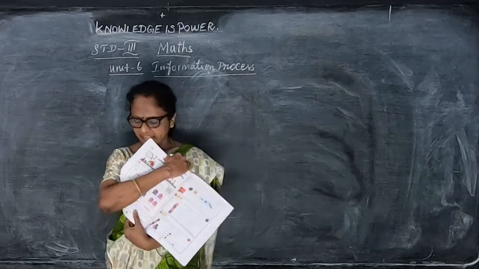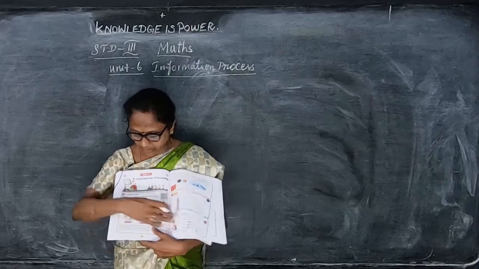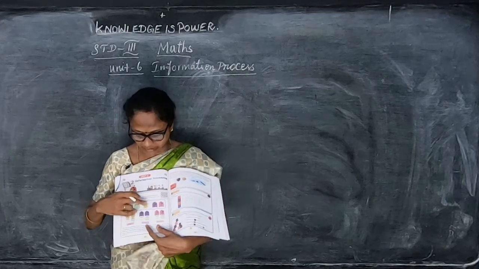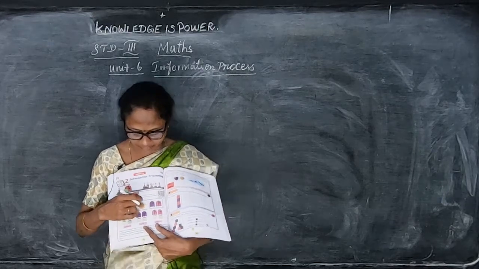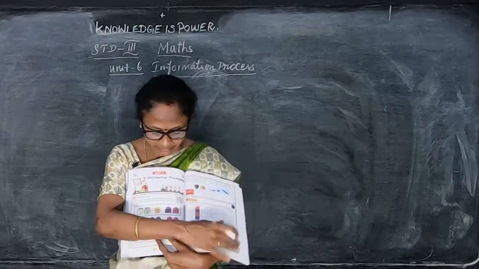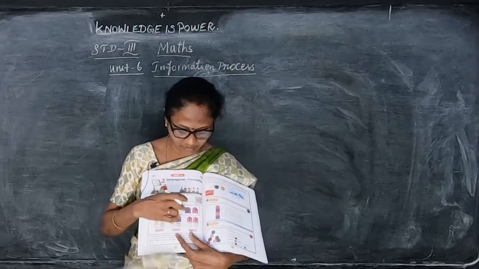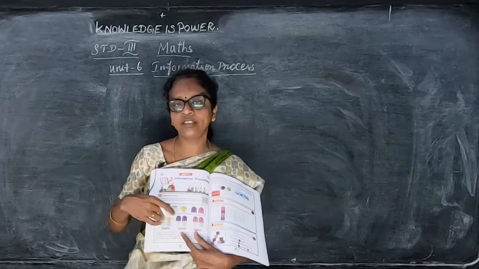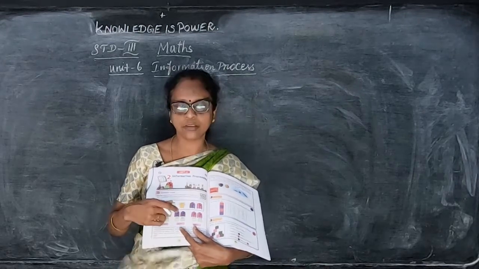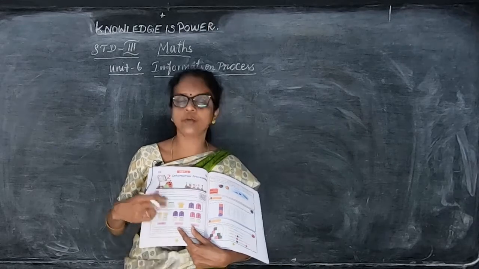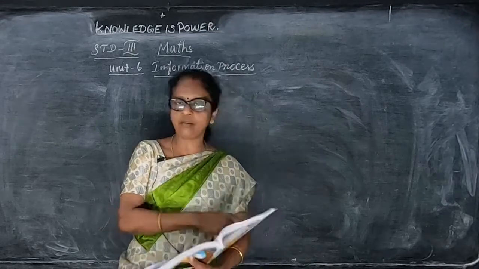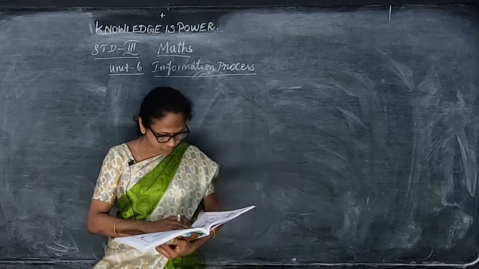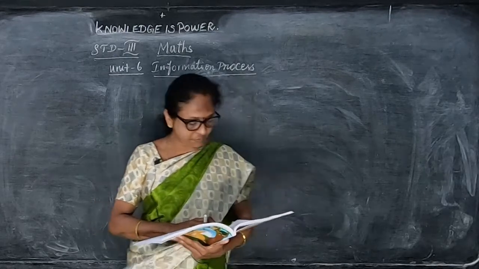Here they have given a yellow trouser and a green trouser, and along with that a yellow half-sleeve shirt, and then violet and pink full-sleeve shirts. So this boy can wear any combination of these 2 trousers and these shirts. What are the possible ways he can wear them for a picnic? Take your book, page number 56.